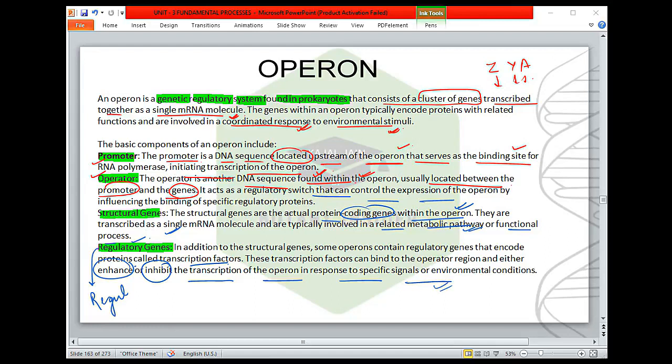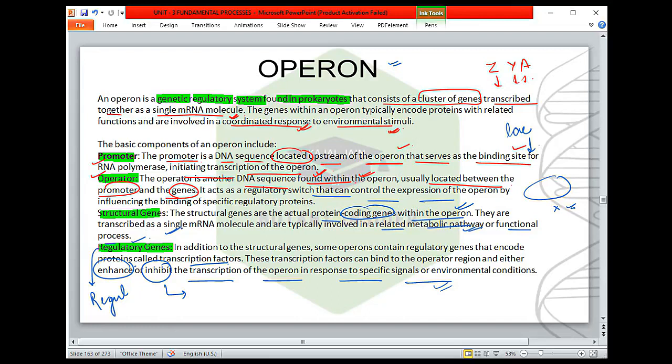For example, let's consider the lac operon. Okay, what is the lac operon doing? It is helping in the breakdown of lactose into its subunits. So let's say in the bacteria, lactose is not present. We are considering this. If lactose won't be present, then the operon needs to be switched off, right? We need to inhibit the functionality of the lac operon.